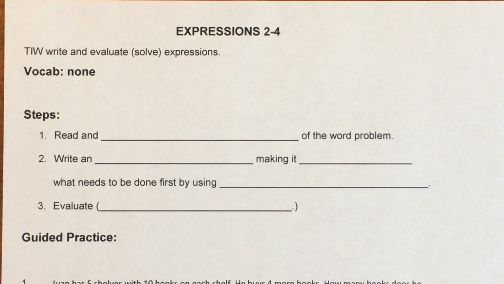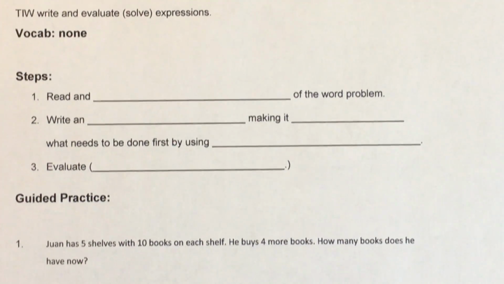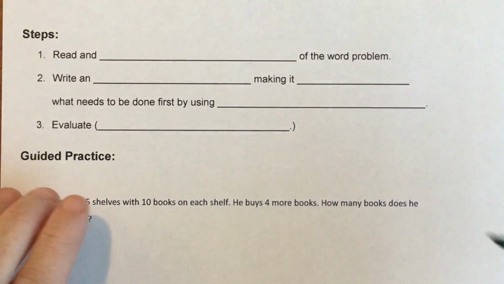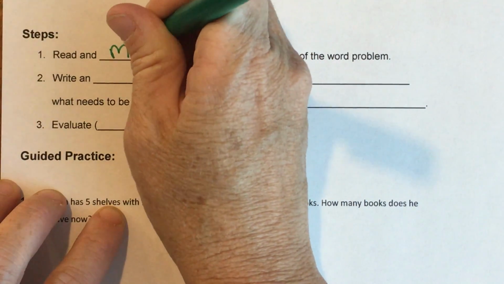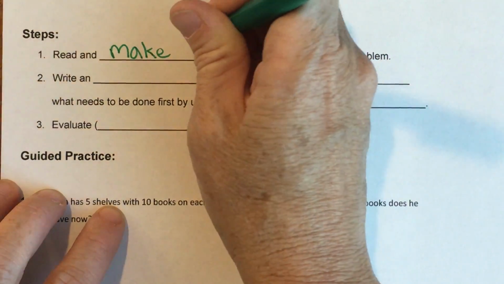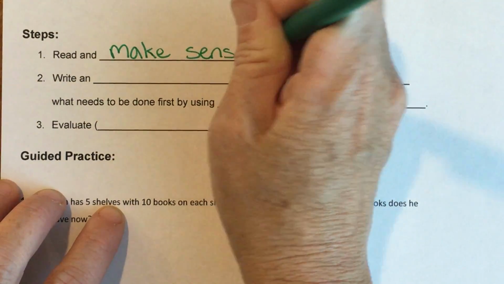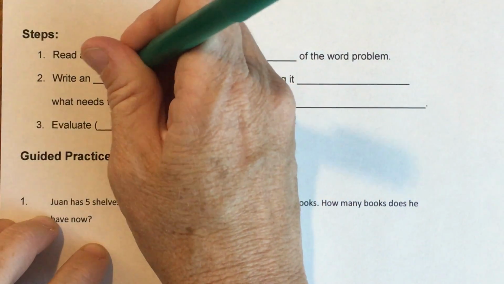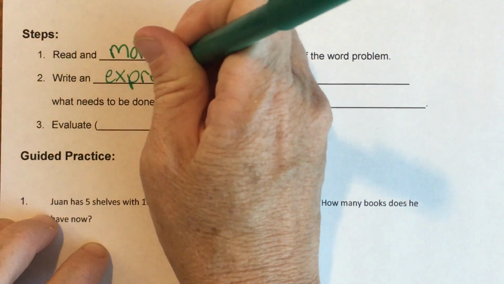We don't have any new vocab tonight, so we're going to go right to our steps. Our steps are we're going to read and make sense of the word problem. Now in class, you see me do this sometimes by acting it out with my hands, but we need to make sense of the word problem. What's actually going on in the story? Then we're going to write an expression